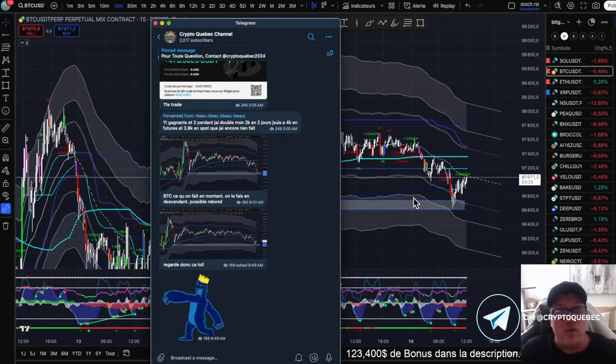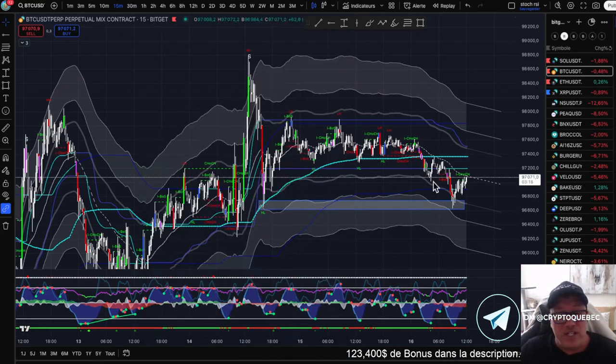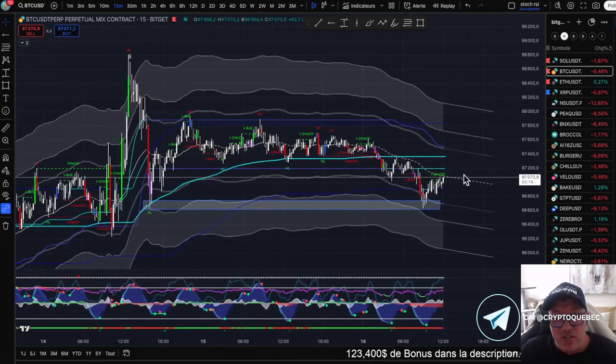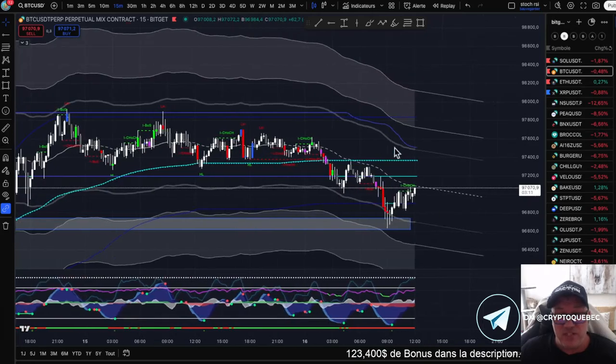All we need to see is whether there are vectors or not, whether the stochastic RSI is at 100. Now, the stochastic RSI is moving. The RSI is following, because the stochastic RSI pulls on the RSI. The RSI pulls on the momentum. The momentum pulls on the VWAP. All this holds together. It's Sunday noon.